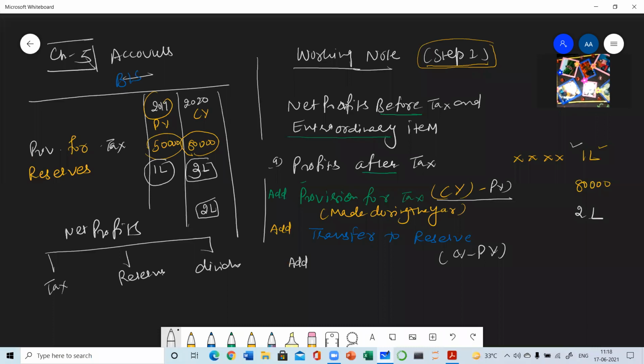Now get back to the third item, that is the interim dividend. Before understanding the addition or subtraction of interim dividend, you must know what interim dividend is. Proposed dividend I have already explained. Proposed dividend is the amount which is given to the shareholders, decided and proposed by the directors and approved by the shareholders. It is given only at the end of the year.